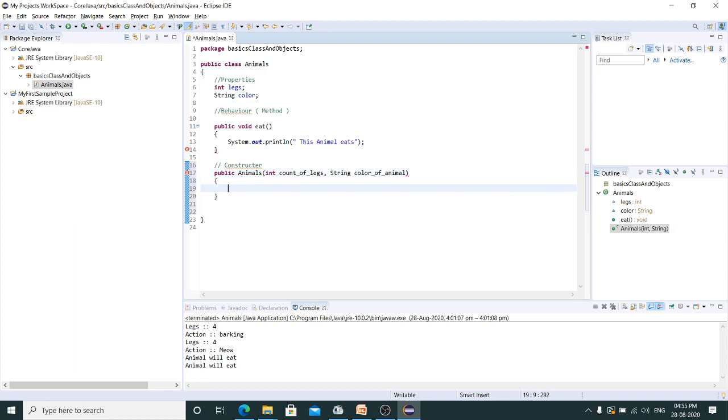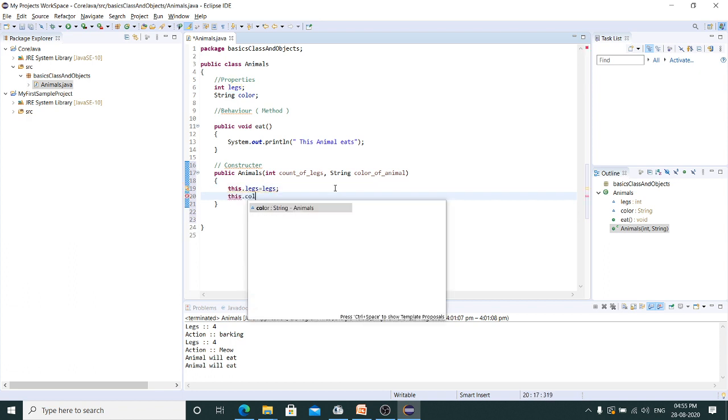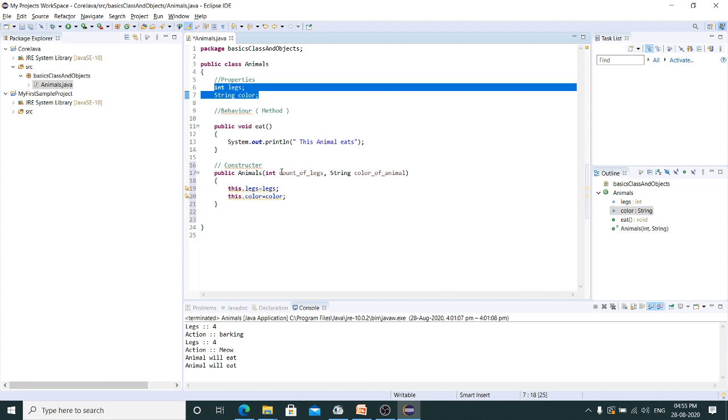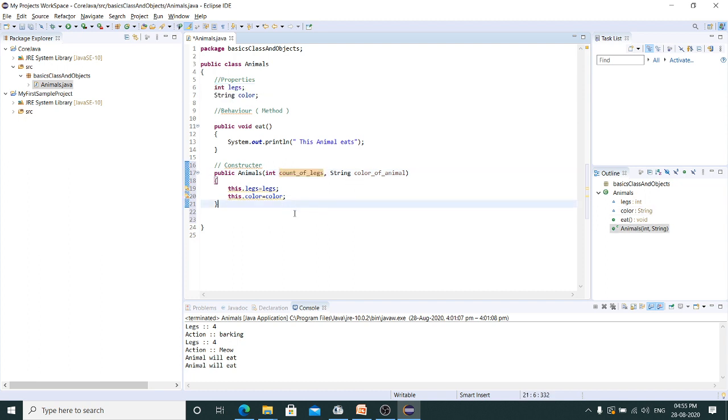So now what I'll do is this.legs is equal to legs, this.color is equal to color, which will pick up and read these variables which we get from here. Now let's print them.